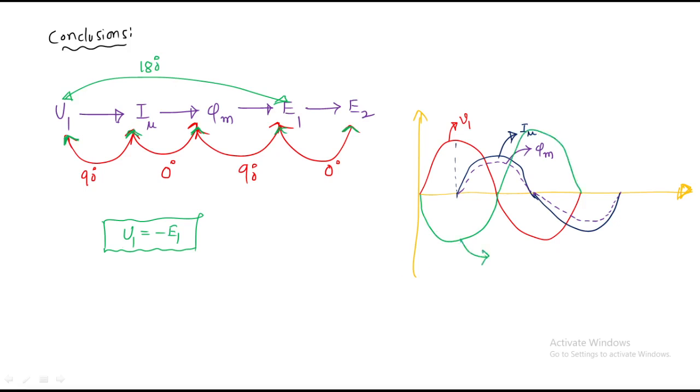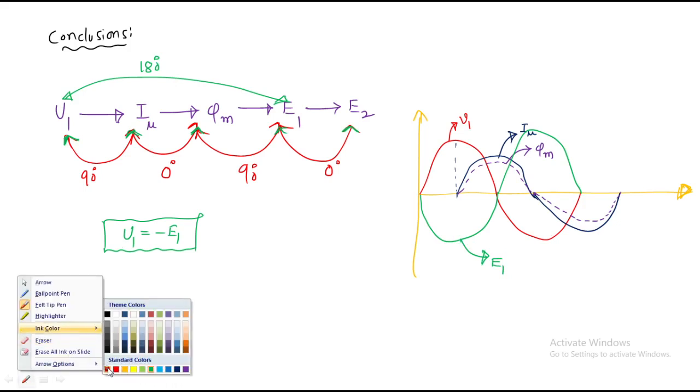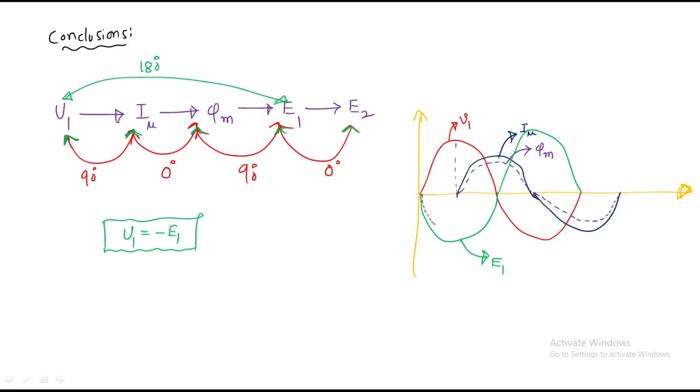This is what? E1. Obviously this is E1, so obviously simultaneously we are going to get E2. We don't know whether the magnitude is same or not, but these two are in phase with each other, because E1 and E2 is nothing but, this is the graph for that, between supply voltage, current, flux, induced EMF, the self-induced EMF, mutual induced EMF. These are the phase displacement between either two quantities. So from this we can draw phasor diagram of